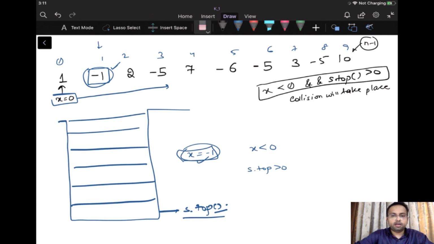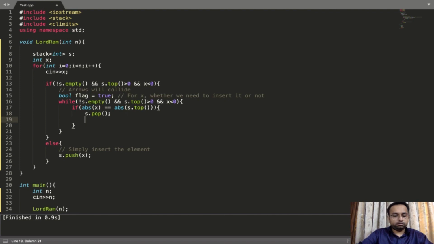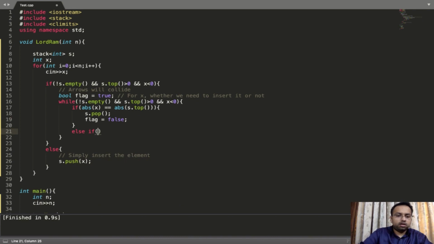So I'll write s dot pop, just remove it, and I'll mark flag as false, because we won't insert x in this case: x is destroyed, and the topmost arrow stored in the stack is also destroyed. Else if it's possible that the absolute magnitude of x is greater than the absolute of s dot top.